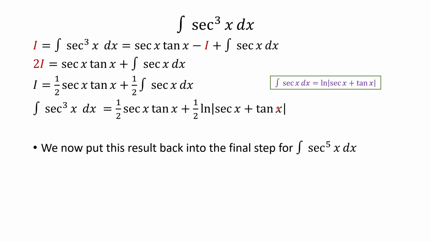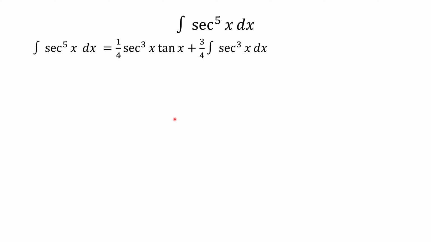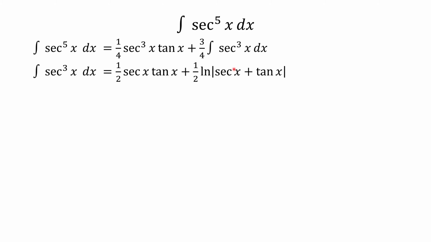Because we wanted this to add into our integral of secant to the 5th, we've done a little side step here to figure out secant cubed, so we can add this value all the way back into our original result. So this, to remind you, was the original result we got, and then we took a side step to figure out secant cubed, which gave us this result. And so now we have to put all of this into here and not forget the 3/4. You've got to be careful of these terms here. Let's multiply through,